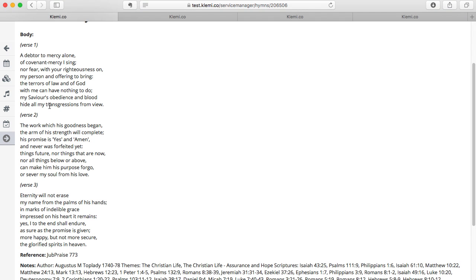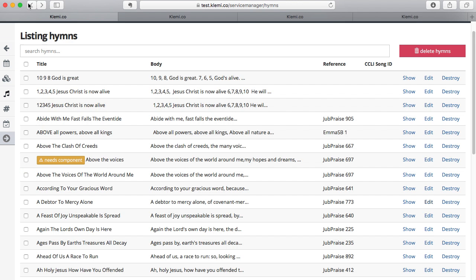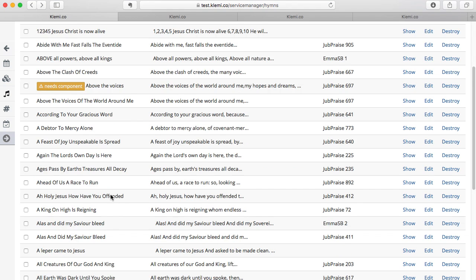That tells us that now Klemi, for this particular hymn, understands the structure of it and is able to manage that intelligently. Now, that's not really particularly revolutionary, what I've just done there, and it may be hard to see why that's of such benefit. But if I just go back and we go to a different song,